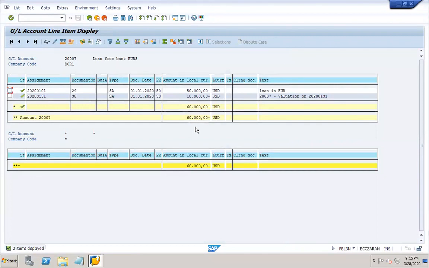In USD, if you see, earlier it was like 50,000. Okay, is it not changing the liability account? The balance on the liability. But finally, if you see, this posting will be reversed. That I agreed. That posting is reversed. Okay, but when you prepare a balance sheet at the year end, by that time you would have